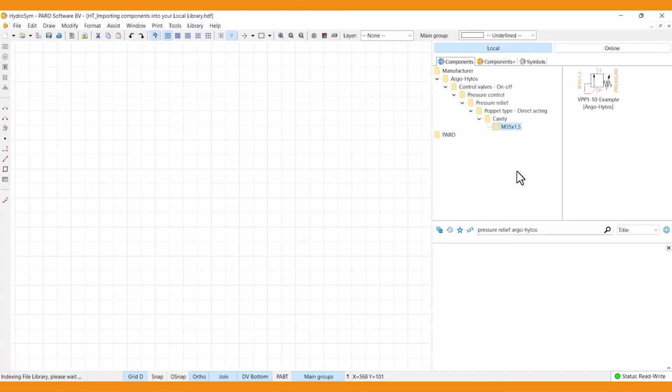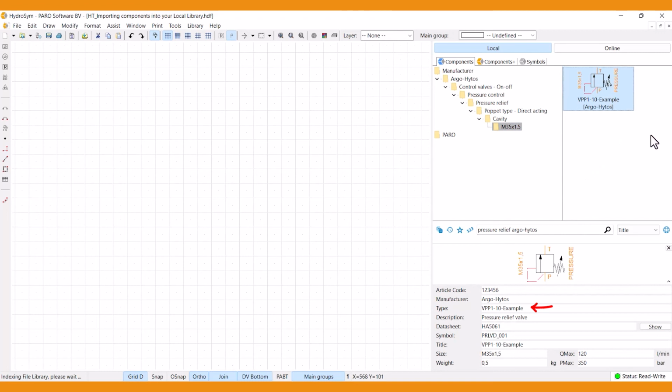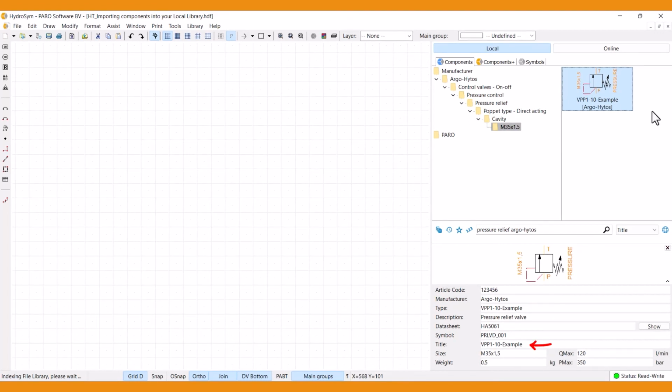As you can see, the component file is saved in your local library in the exact same file structure as in the online library. In case you change type, please know that the title will change accordingly. And since the title is reflected in the preview window, your change is immediately visible on this level as well. That's all there is to it.